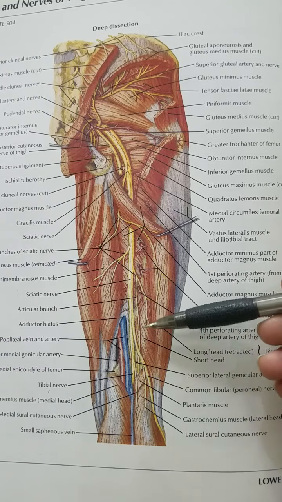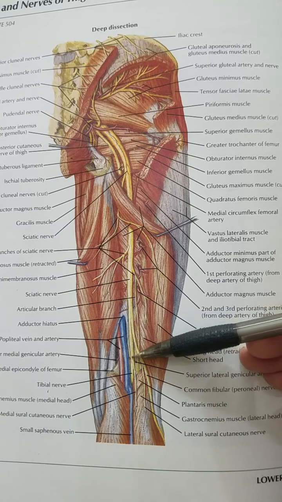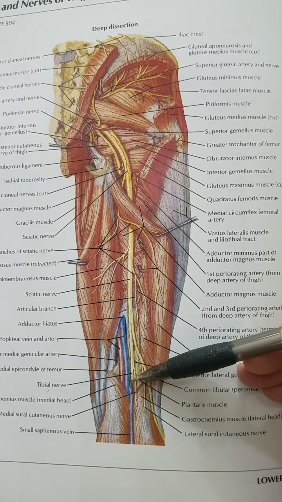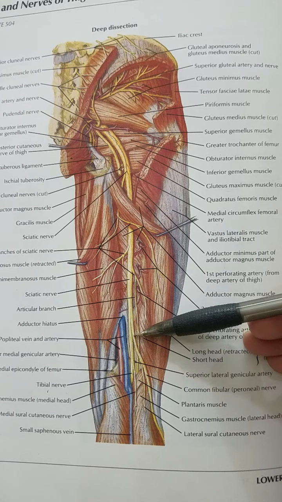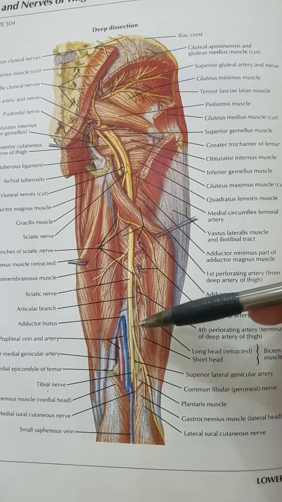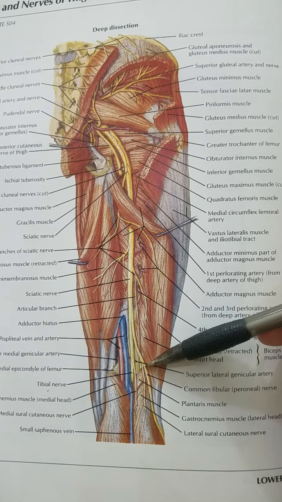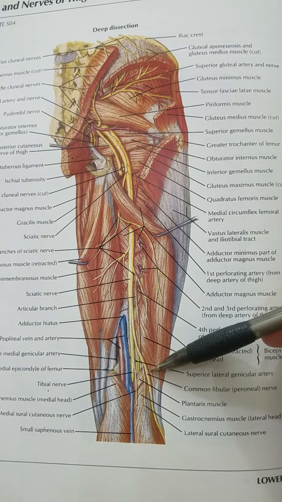So you can call it either one of those two names. And this is the larger branch, this is the tibial nerve, and this is the common peroneal nerve. Now the common peroneal nerve, as you can see, so this here is the biceps femoris muscle, and it travels along this muscle on the lateral margin of the popliteal fossa here.